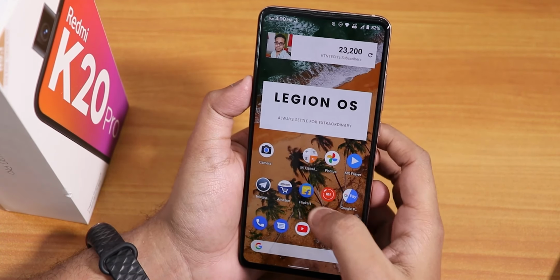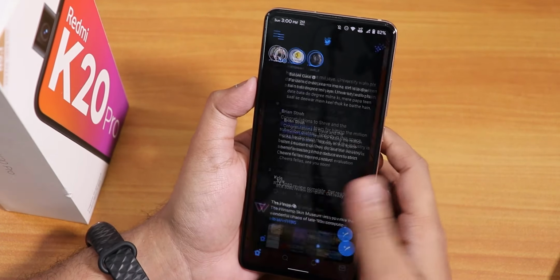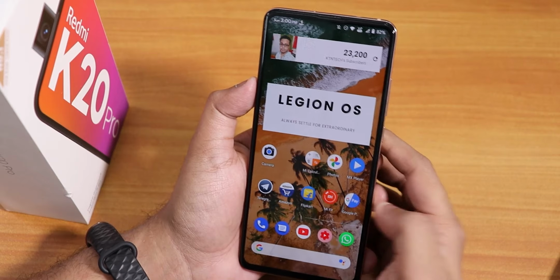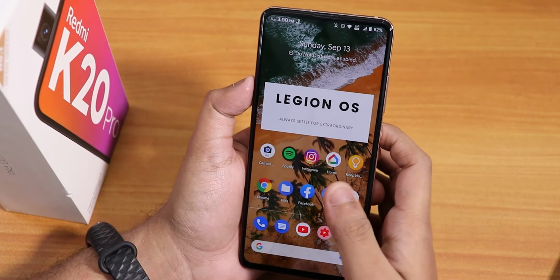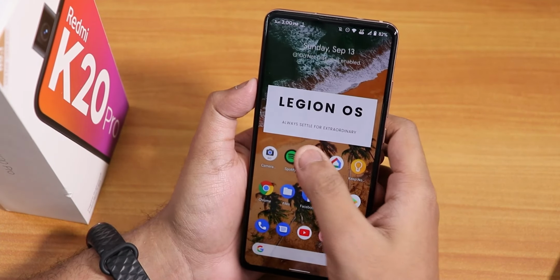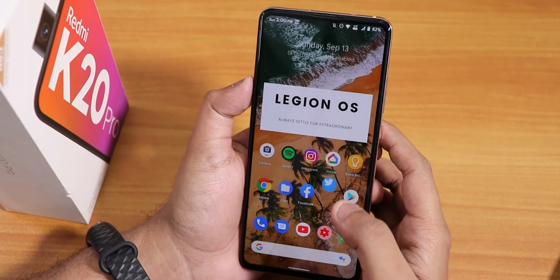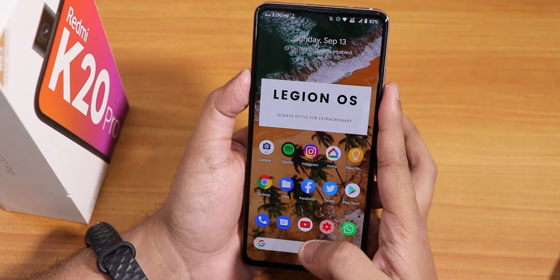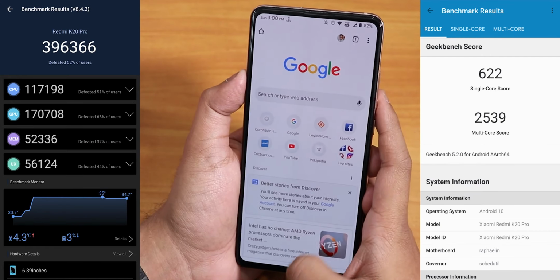Over here, as you are noticing, all the apps stay in memory, and you can switch between apps just like this. It is very smooth and fluid, no issues whatsoever, even when you have a lot of apps open. And even while gaming, the UI should stay really smooth, and you can get 60 FPS with most games over here. And this is how the UI is actually working. If you are willing to see the benchmarks, this is the Antutu and Geekbench score of this ROM.